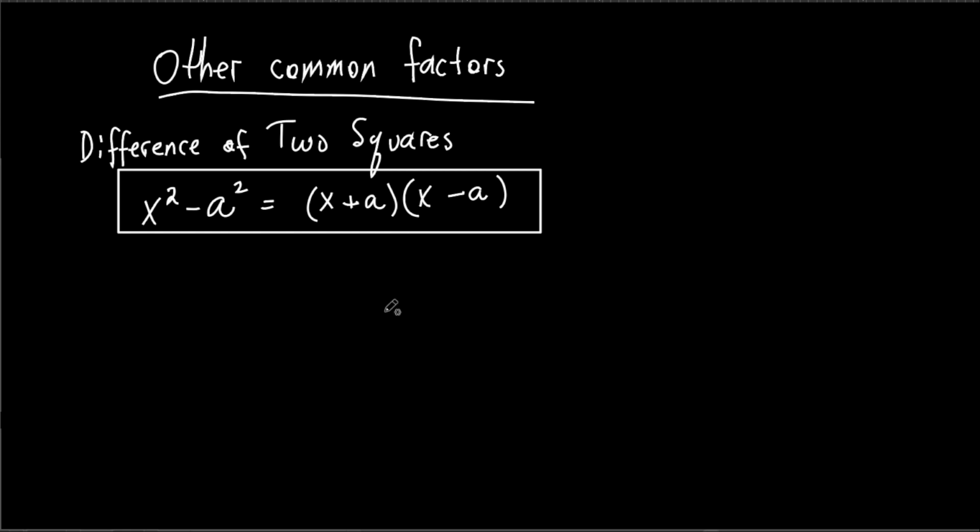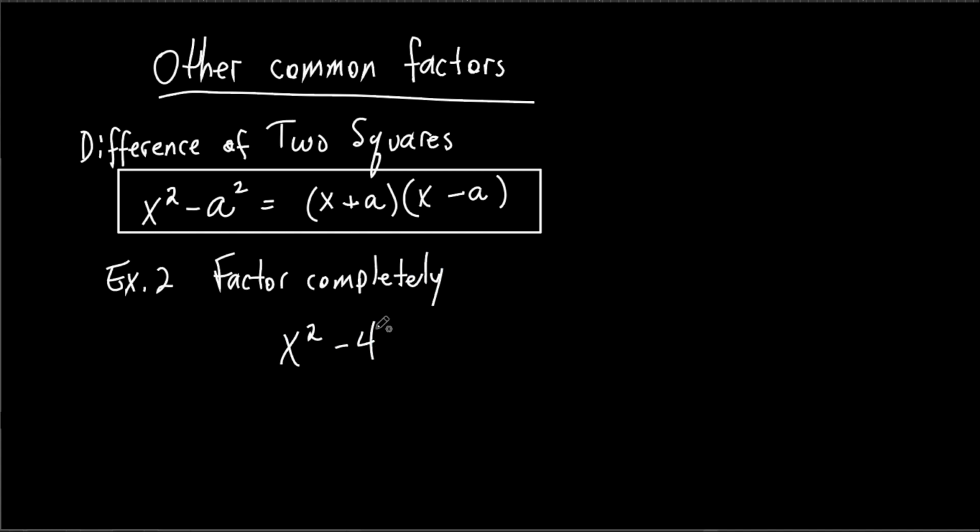Let's do an example. This is example 2. And the problem says to factor, or they say factor completely. All right, factor completely. So it's x squared minus 4. Now, we just did the difference of two squares, and I'm doing an example. So what do you think? What kind of